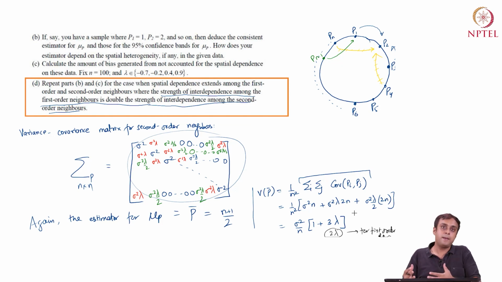As a next step, which we will do as a separate part of this lecture, I'm going to talk about Monte Carlo simulations, which is a numerical strategy to evaluate the bias in the variance, standard deviation, and confidence bounds of P bar when spatial dependence exists in the real estate market. We do not have to rely on these analytical methods, which can be mathematically quite complex. We can fall back on simulations, and we will give you an example with the same setting that we are working with right now. All right, see you in the next part of this lecture.